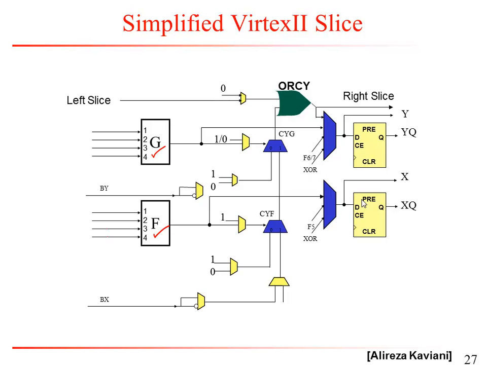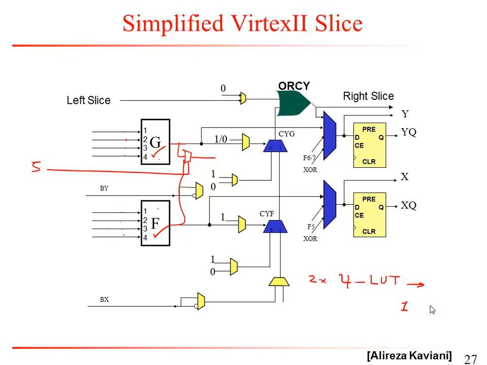Now, one other thing that you can do is you could combine F and G by connecting them to another mux. So if I take the output of G and feed it to a mux, take the output of F, feed it to a mux, and then use a fifth input. So if I share the inputs 1, 2, 3, 4 between F and G, and use this fifth signal to choose between F and G, I basically have a 5-LUT, right? So I can combine two 4-LUTs